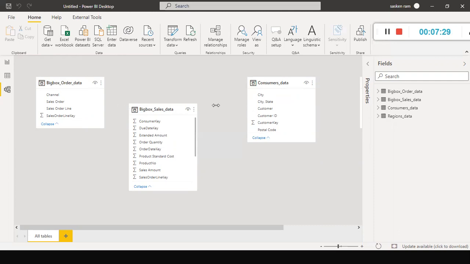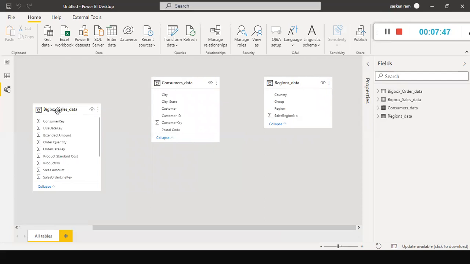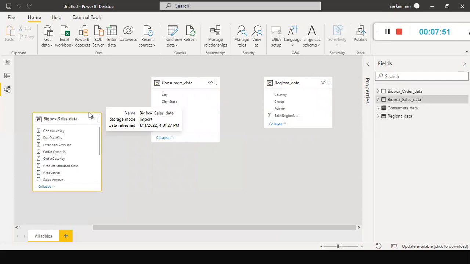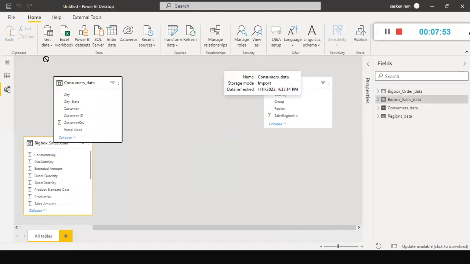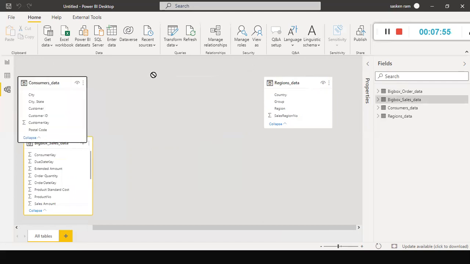You can go and download all these files from there, and also watch my video and pause it wherever you need to. If you get stuck, you pause my video and then practice it side by side. Regions data got loaded. You need to scroll across to see the table. Sometimes it will be hidden, but don't think the file was not loaded. It got loaded successfully.